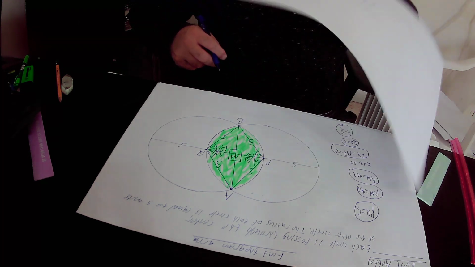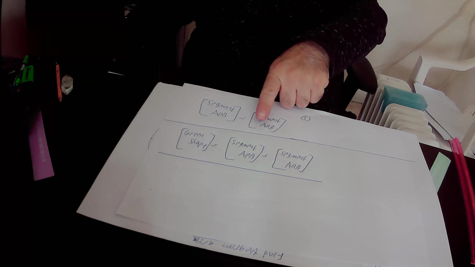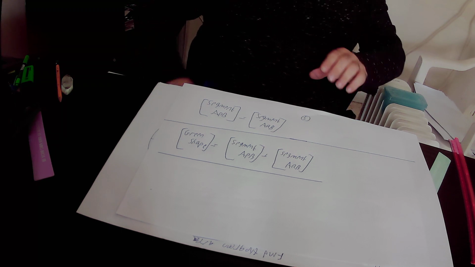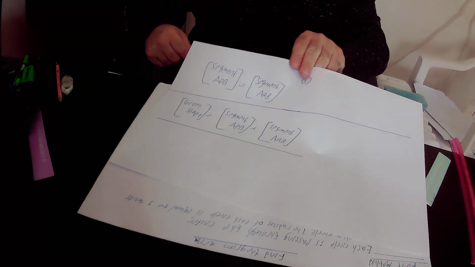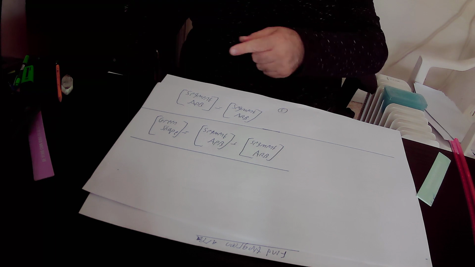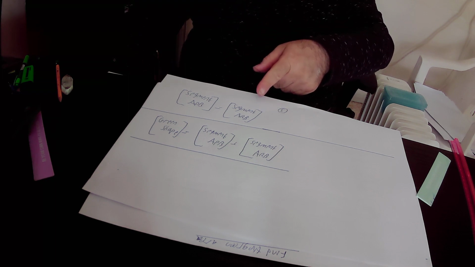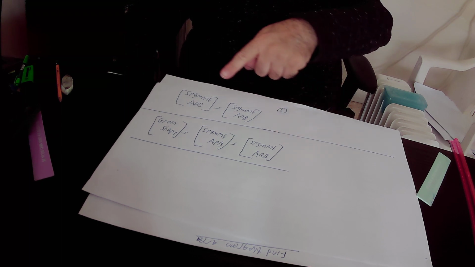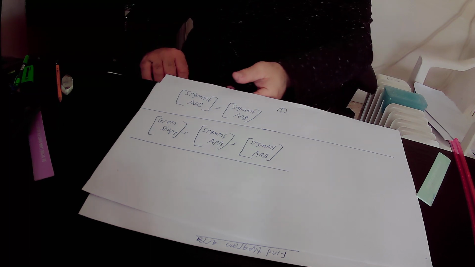I'll repeat again. The area of the green shape equals the area of segment APB plus the area of segment AQB. This is the area of the green shape. But because the area of segment APB is equal to the area of segment AQB, it means that we can substitute the area of segment AQB by the area of segment APB because they are equal to each other. So we'll do it now, and we get that the area